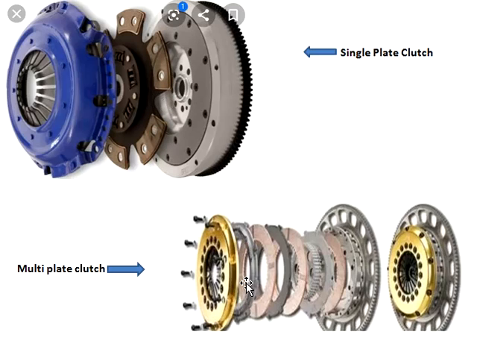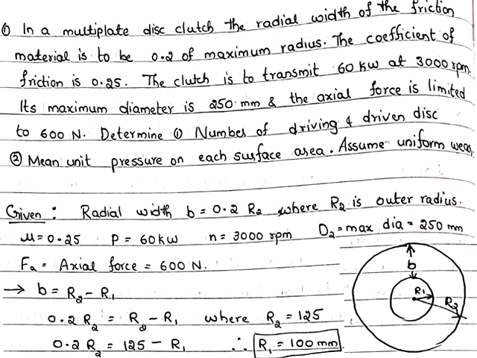Coming to the multi-plate clutch, you can see more than one disc here. That's why it is known as multi-plate clutch. These multi-plate clutches are usually used in heavier vehicles. And here obviously n value will be greater than 2. The problem solving procedure is similar to single plate clutches. We'll move to one problem directly.